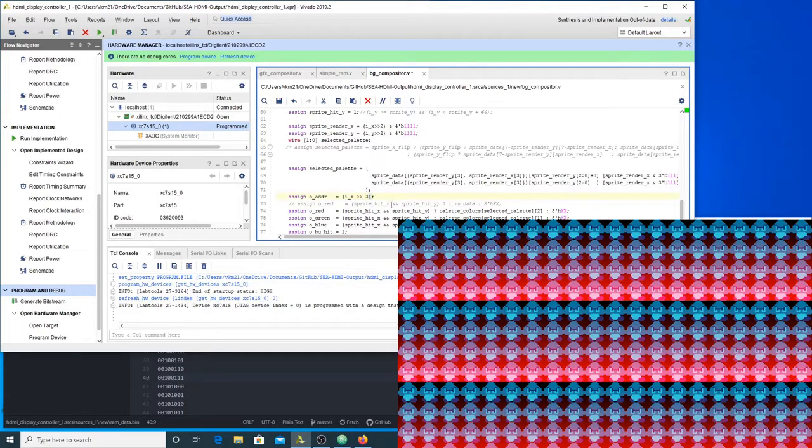And what we want to do is take that and go 16 bytes ahead for every time this increases by 1. So times 16 plus